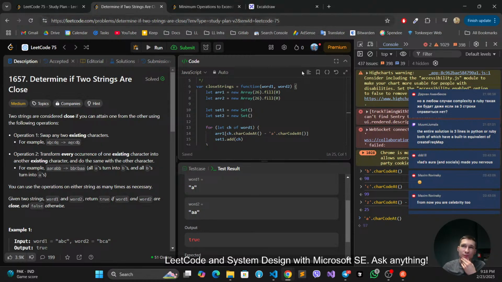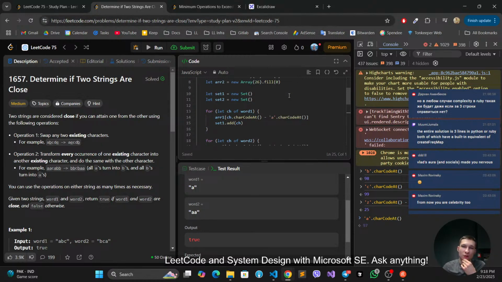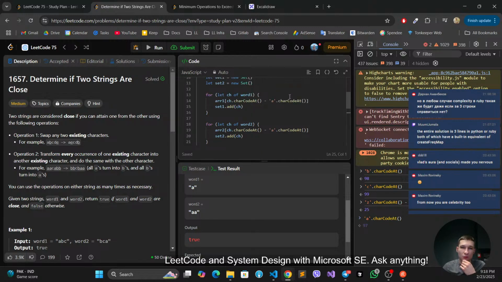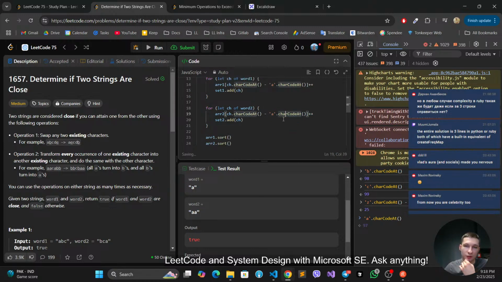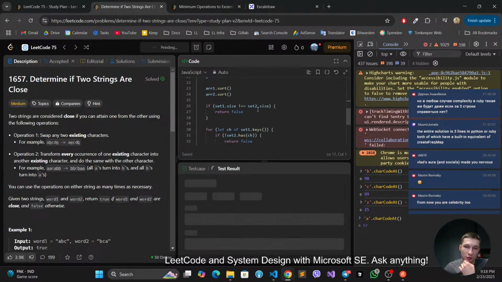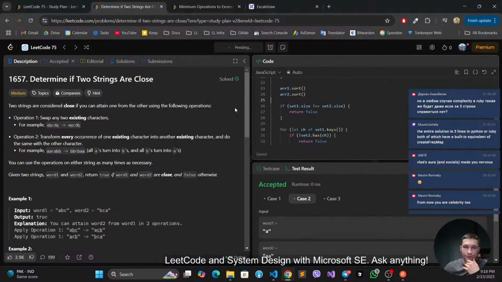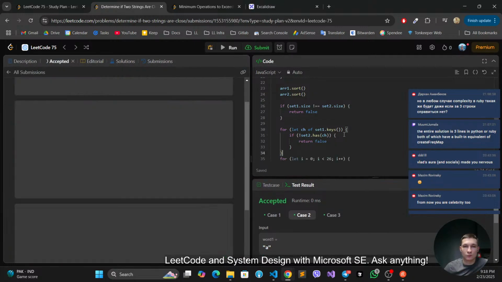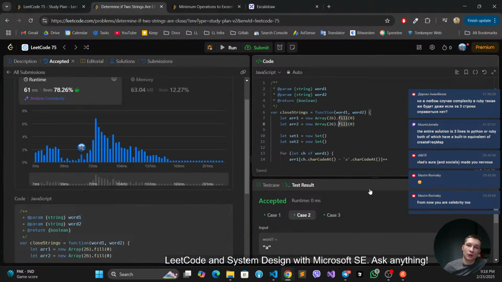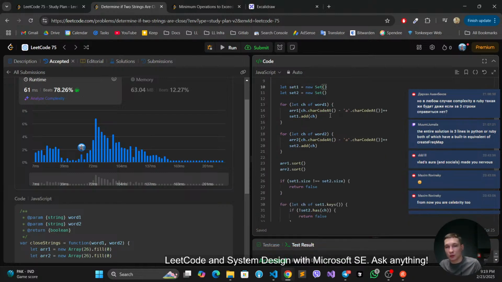So, yeah, I'm sorry, we forgot to increment every time we encountered the frequency. Good, now it should work. Yeah, it works. Regarding the time complexity, now it's